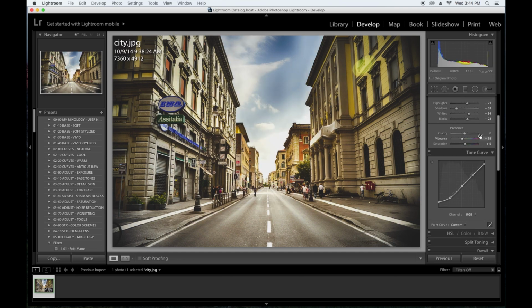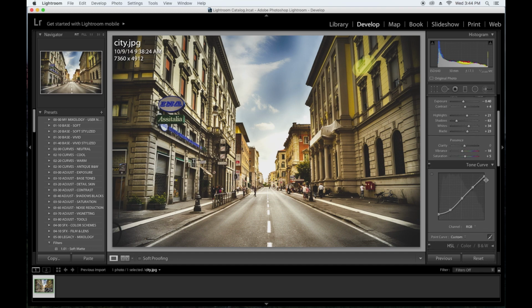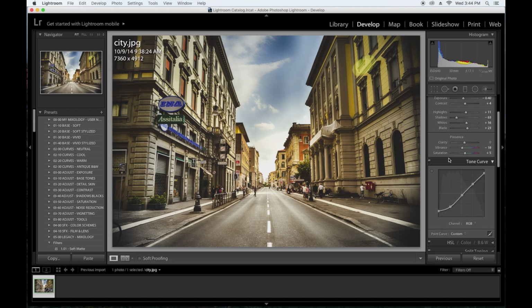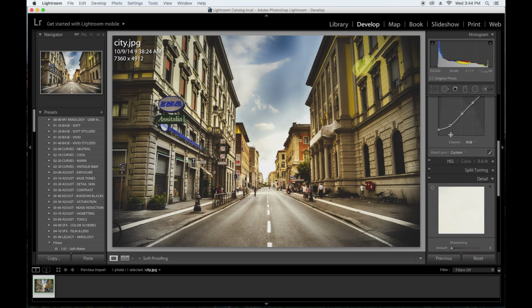I like that. And then obviously, after you do the adjustment on the tone curve, you could come back up here and adjust your highlights. If you think you have too much highlights, you could bring it back down. Your whites, obviously, if you think you have too much, bring it down as well. And then to the next